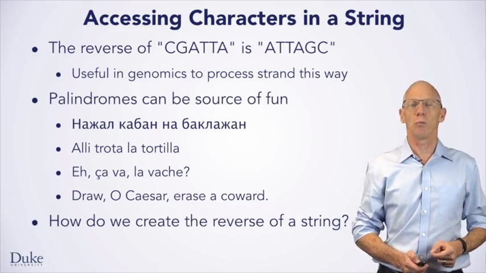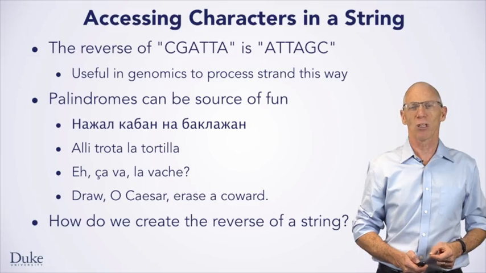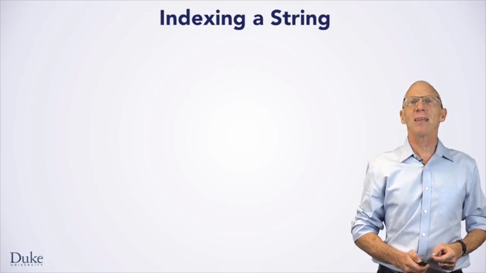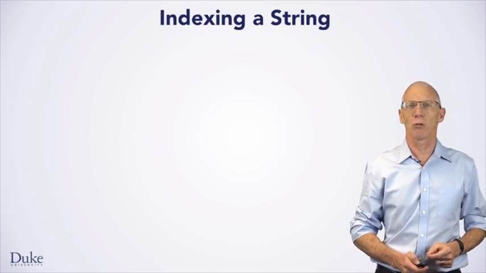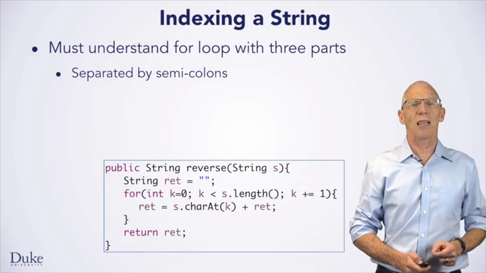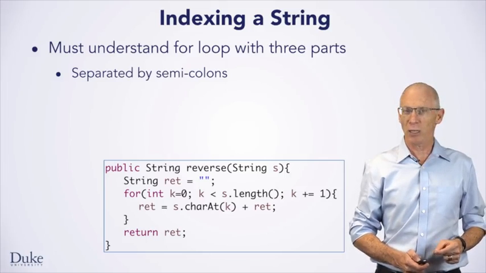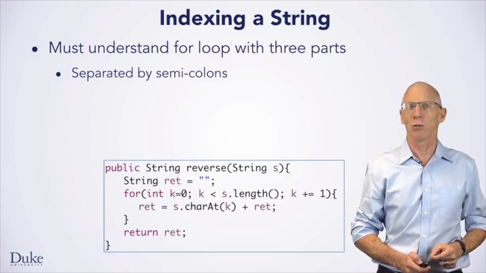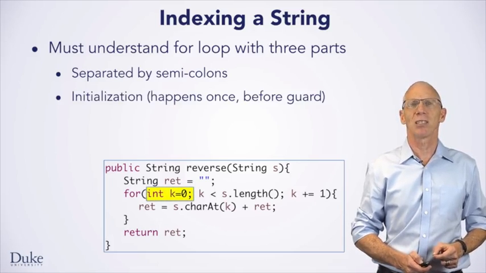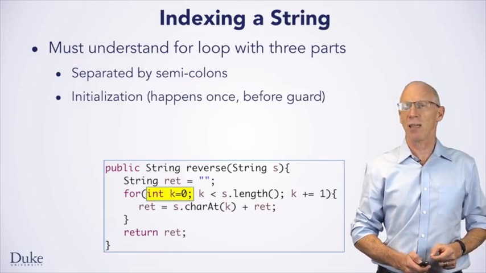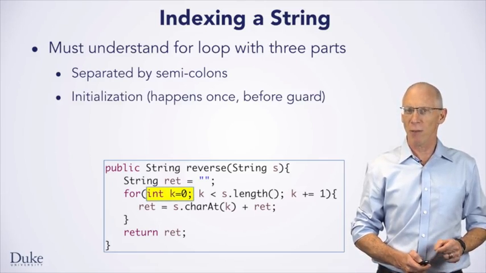We'll use a new loop, the counting loop, to reverse a string. Indexing a string in a loop can be done in several ways, but we'll look at a very common approach. We must understand a loop with 3 parts. Each part is separated from the other parts by a semicolon, as you can see in the code on the slide. The first part of the loop is called the initialization. Here the variable k is assigned the value 0, and this happens once before the loop guard and the loop